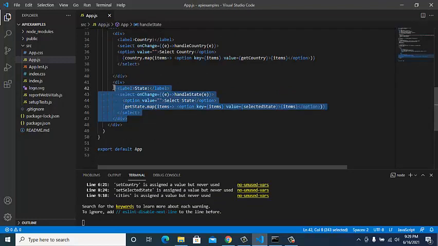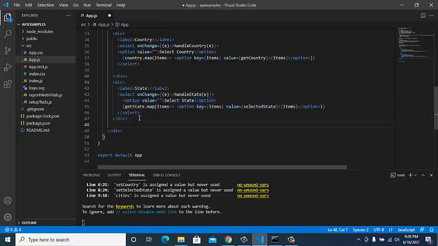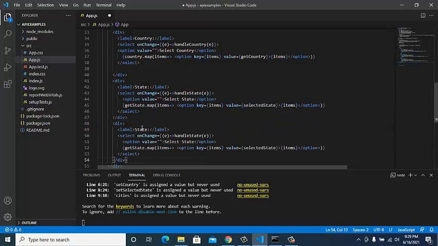Now we'll create another select dropdown that contains the select city option, and a handleCity if you want to handle it. You don't need to, because we don't have any other value apart from it.